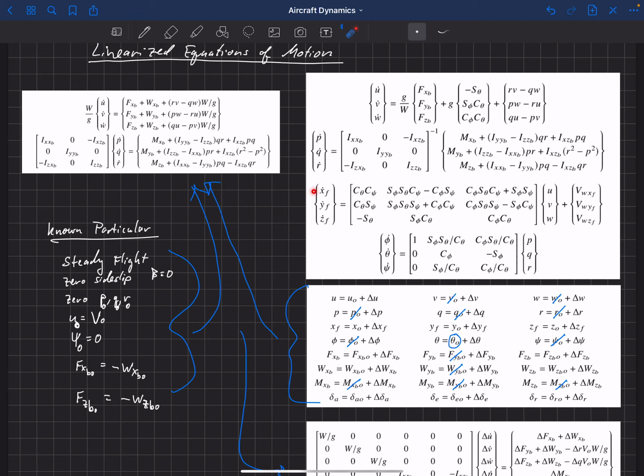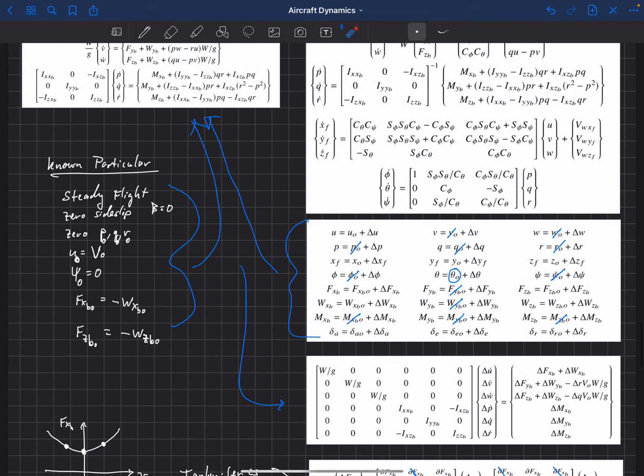We can do something very similar with our kinematic transformation equations. Now, I'm not going to work through that, but you follow a similar process of looking at these Taylor series expansions and plugging in these types of things, where we're looking at deviations relative to our nominal flight condition. You walk through the same process, and when we finish, we have a total of 12 equations that have been linearized.